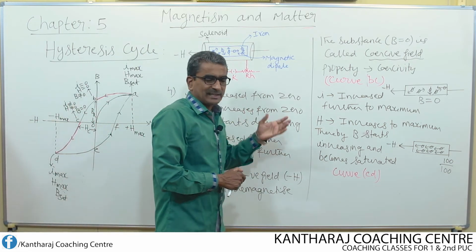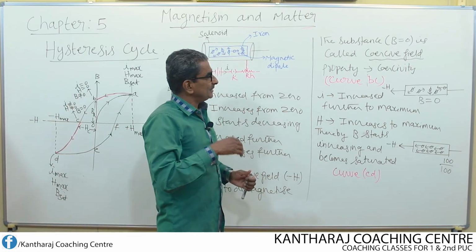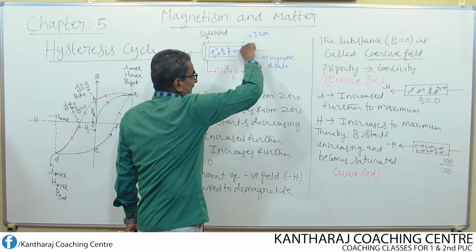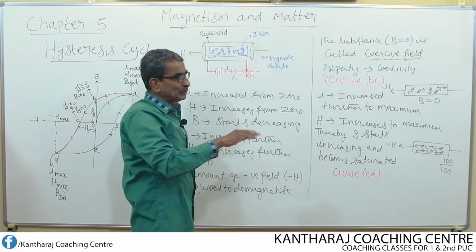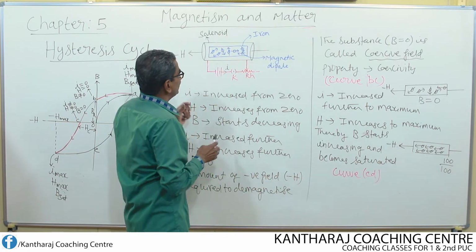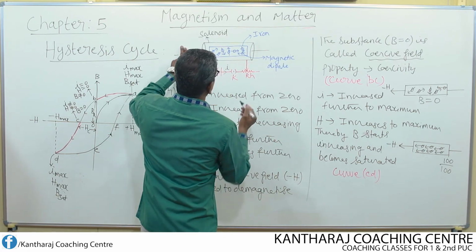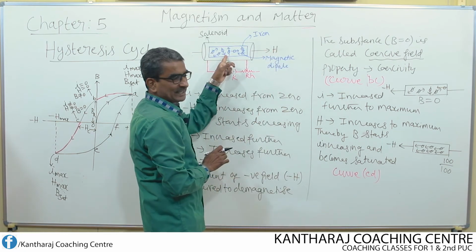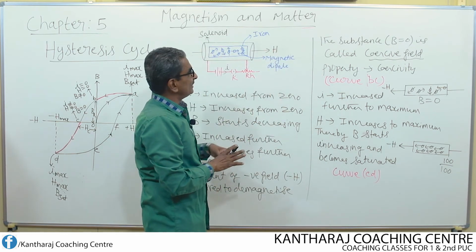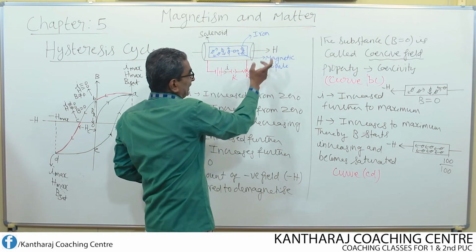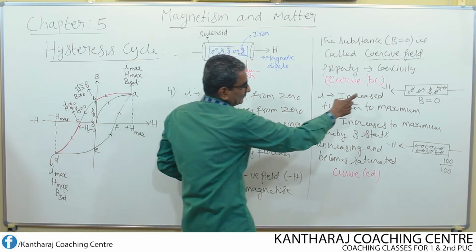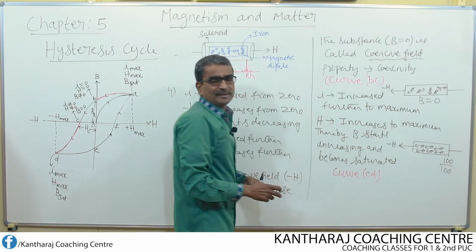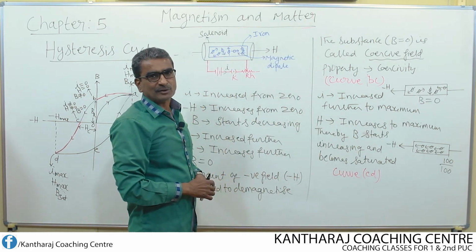See, what is it that we can understand from this? Suppose we magnetize the specimen in the positive direction. To demagnetize it completely, by applying H in the positive direction, we have to apply H in the negative direction. That is what we have done. We applied the field in the negative direction, that is why B turned out to be equal to 0.